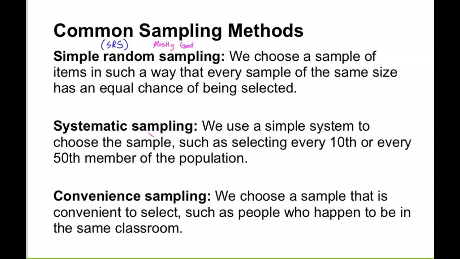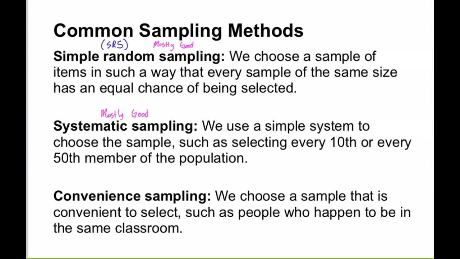Systematic sampling: mostly good, especially when you're trying to sample for quality assurance, right? Like a factory line, something like that. It would also work really great if I'm trying to get a sample of 50 students. Like I said, what I could do is just wait till the end of the day, the bell, and randomly select the first student and then take like every 10th student after that comes out the door, right? And that would be much more efficient for me.